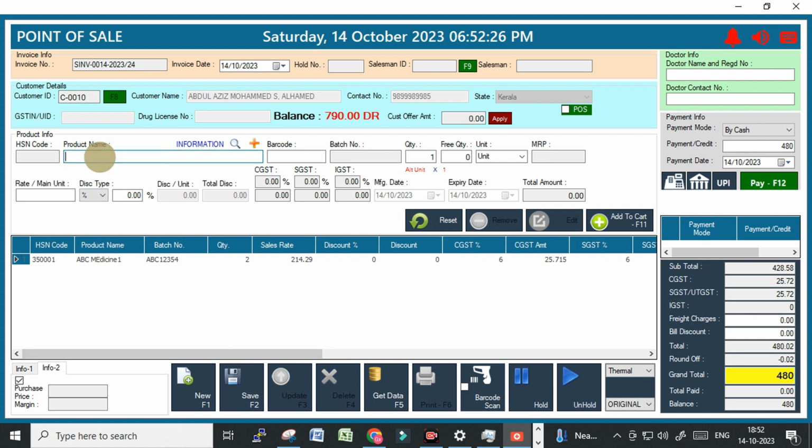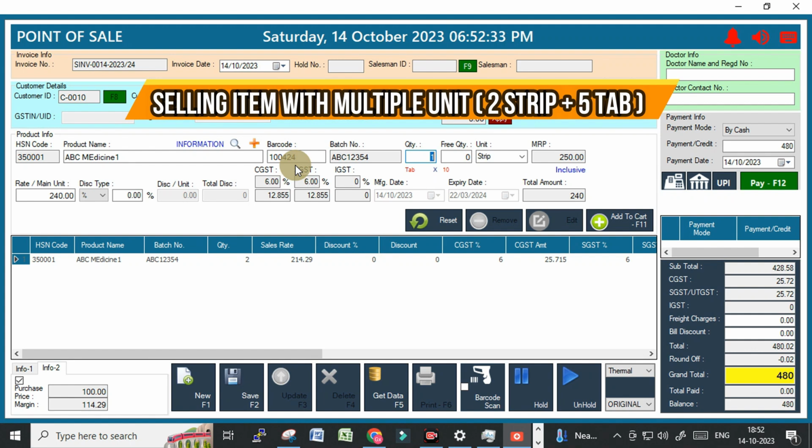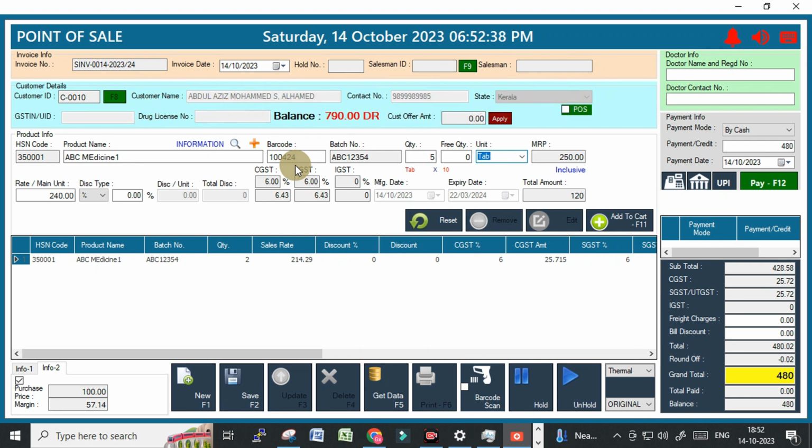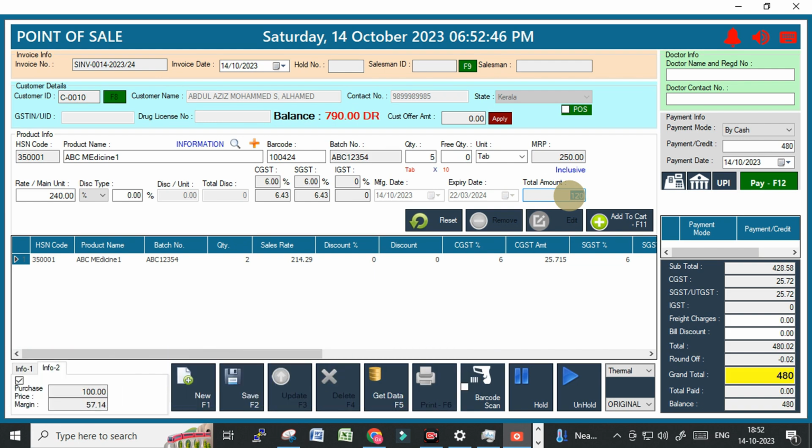And the same medicine you want ABC, and also you wanted to add some loose quantity like 5 tabs. Just click on tab button and use a down key, that is tab. So if you are using 5 tab, 1 strip having 10 piece will cost you 240 rupees. 5 tab if you are taking, it will cost you only 120. That is added. Okay, so it automatically adjusts in the quantity 2.5. So the total amount is 60. Alright,